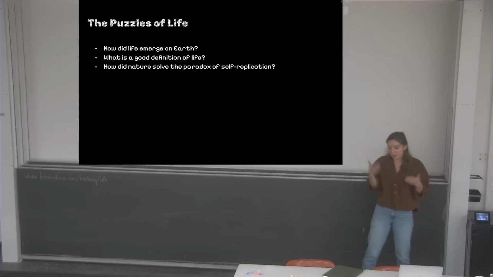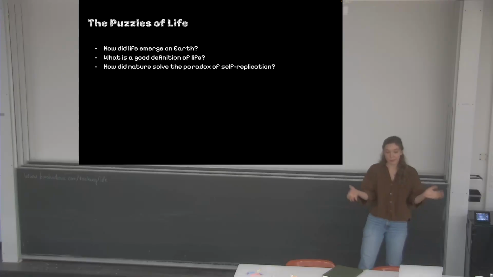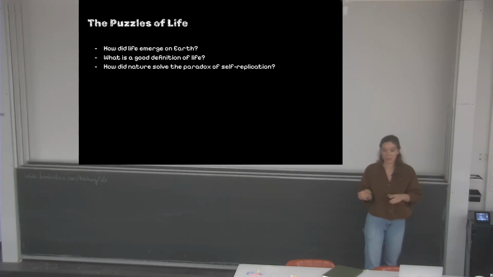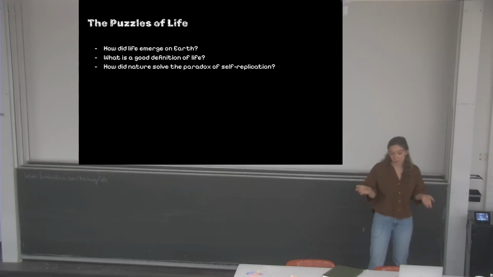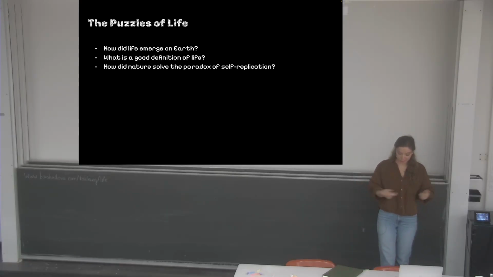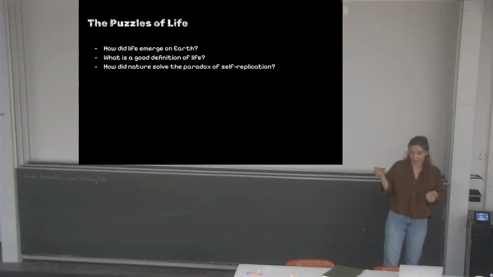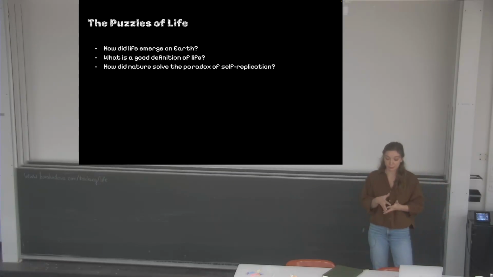If we just took a snapshot in time right now, without any prior context, it would probably be quite surprising to find something as complicated as us in the universe. But the fact that we were able to evolve from simple creatures, and that those were able to self-replicate, creates this probabilistic loophole, which makes the probability of us existing higher. But how did nature even manage to solve this paradox of self-replication?